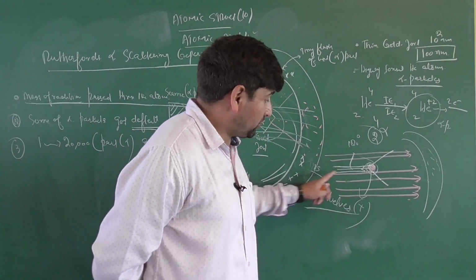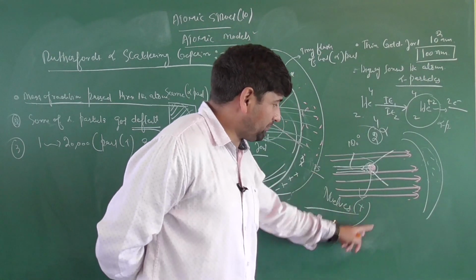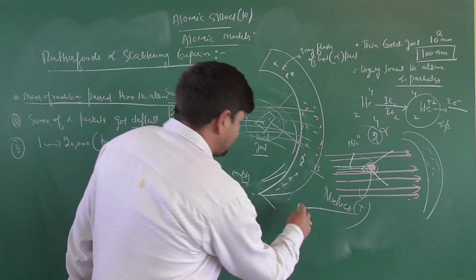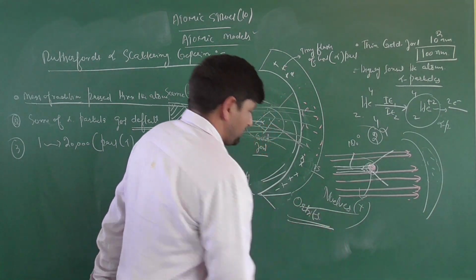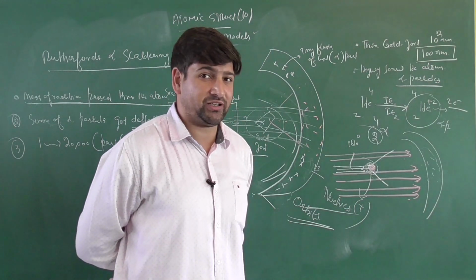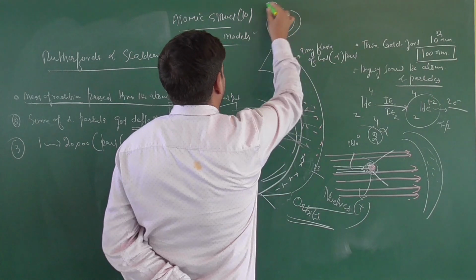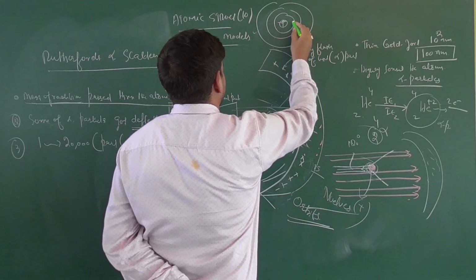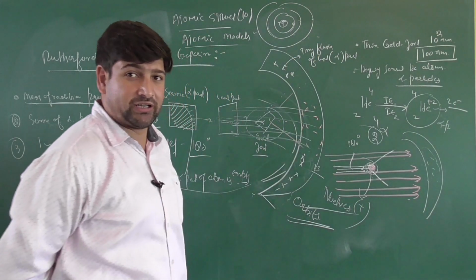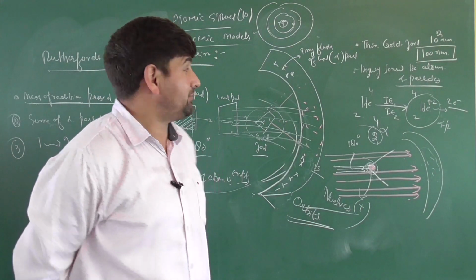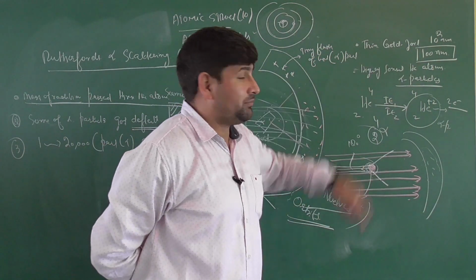electrons are rotating. What are rotating? Electrons. Electrons are rotating in the circular paths, and he called those as orbits. What do you call those as? Orbits. Did you get it? So the atomic model which we have now is that we have nucleus, and around this nucleus, electrons are moving in circular paths. Clear? So the deduction of atomic model which was done by alpha scattering experiment done on gold foil by Rutherford.